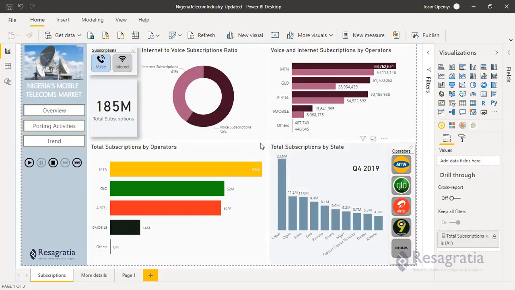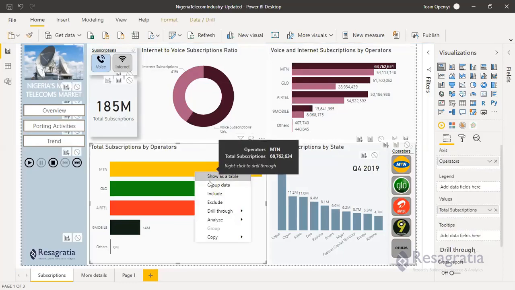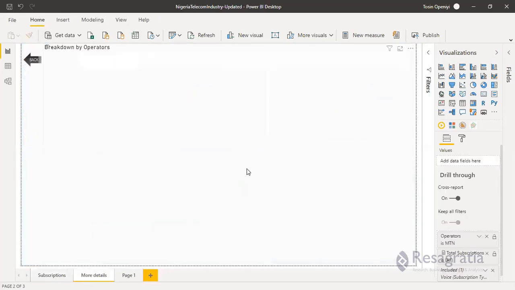Then another thing is that we can drill through. Maybe we want to see additional information about MTN, how this data is being distributed by voice and internet, then maybe by state and by geopolitical zones.